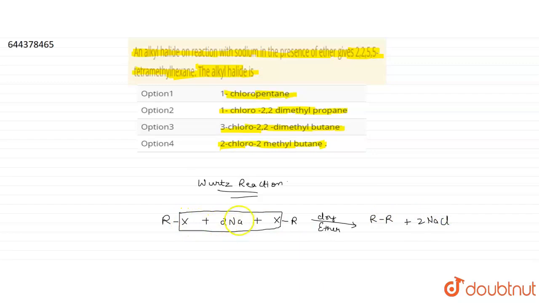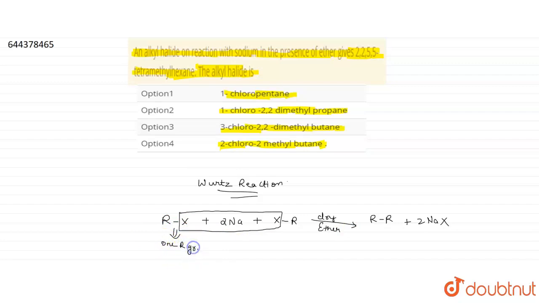In this case it will be NaX because I am taking a general alkyl halide. When this alkyl halide is RCl, then there will be removal of 2 NaCl. But I am taking generally RX, so there will be removal of 2 NaX, and X can be any halide like iodine, bromine, chlorine. Okay guys, so X is a halide, and RX is the alkyl halide. Here one R group is present in the alkyl halide.